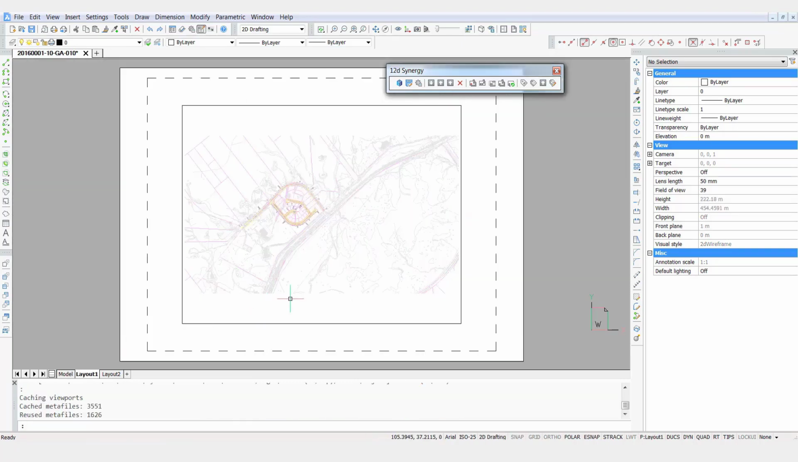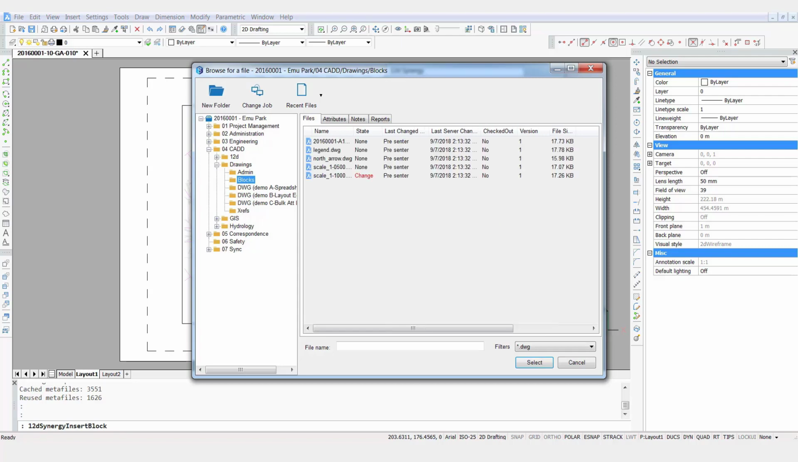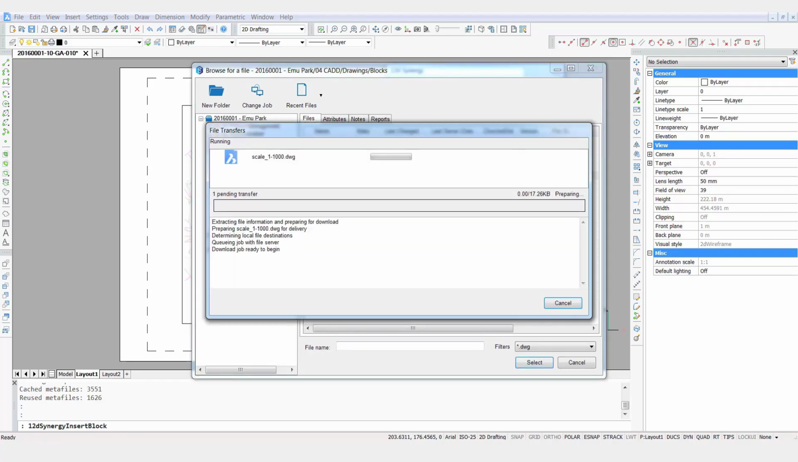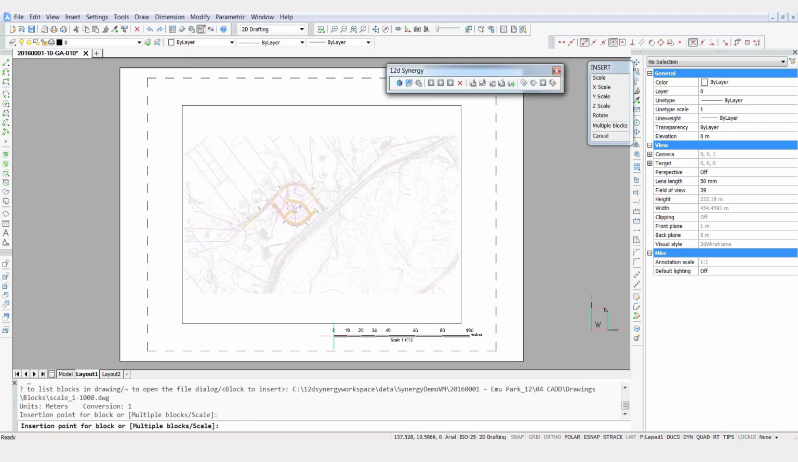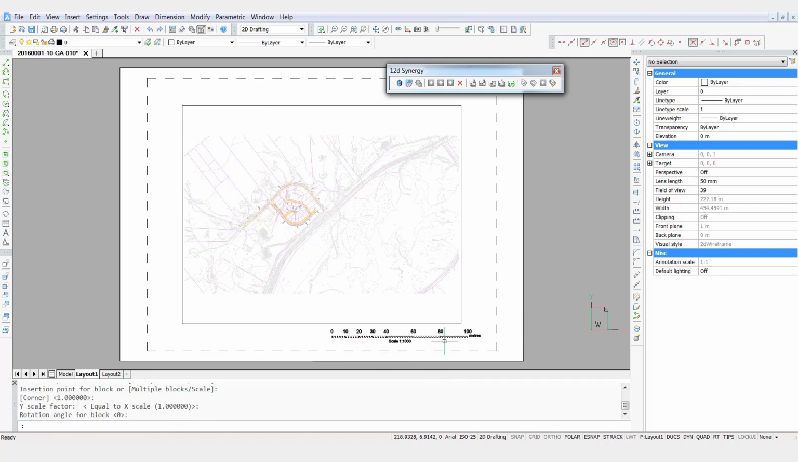Flick back to the layout space. Likewise, you can insert a block using 12D Synergy. So come up here and use the insert block command. Again, I'm just going to browse to my block folder. Pick whichever block you want to insert and hit select. Pick where you want to insert it and just press enter for the scale and rotation, and there you go, block inserted. So I'm going to save this drawing now, and I'm going to check it back in to 12D Synergy,